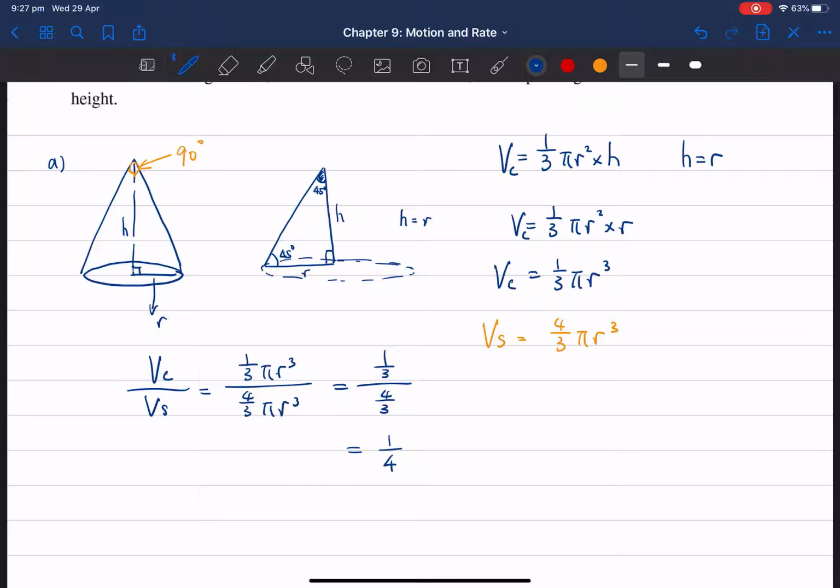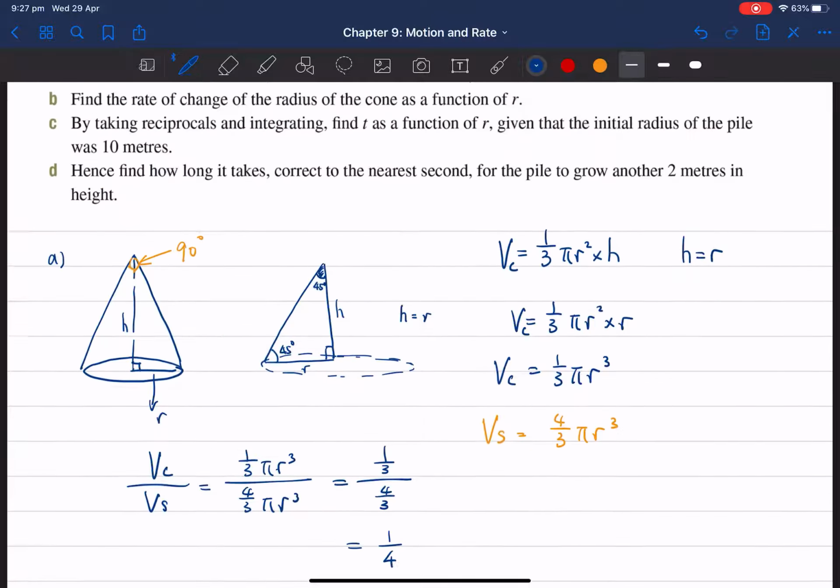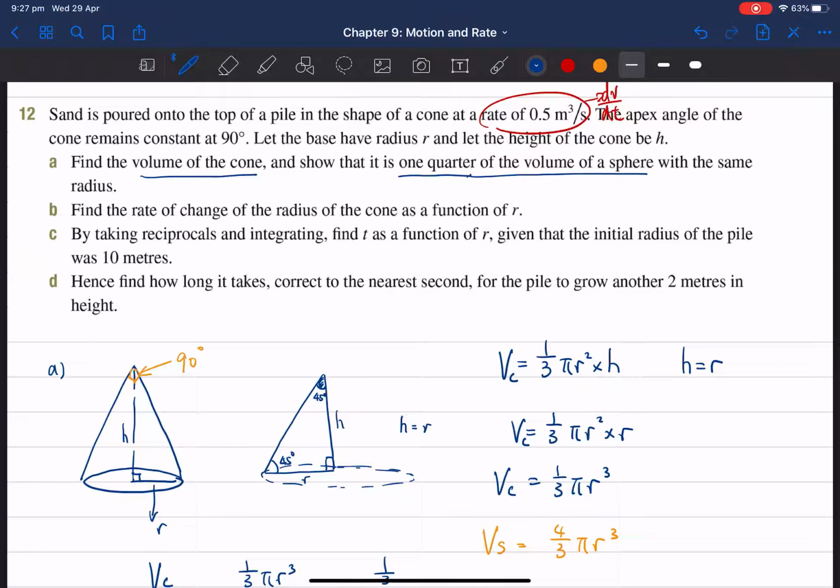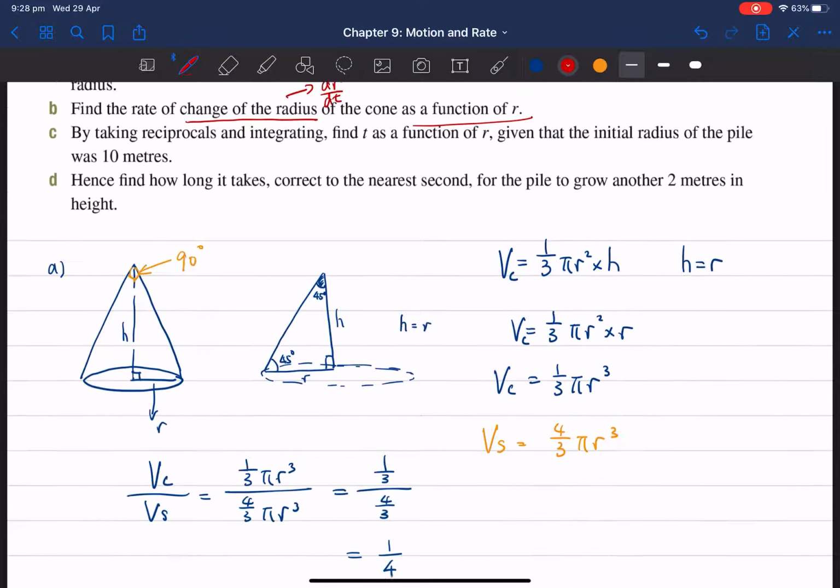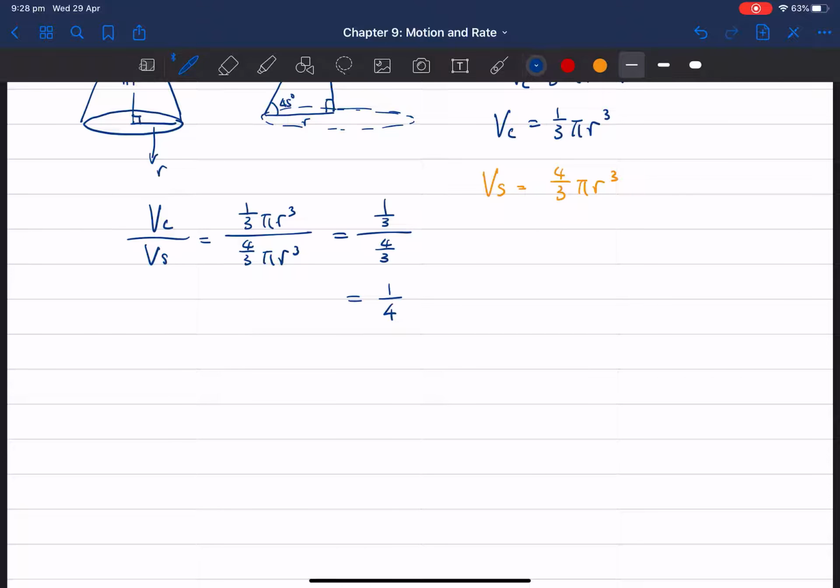Okay, so the first question looks pretty easy. Next one: find the rate of changing radius. So we're going to find dr over dt of the cone as a function of r. It should be quite easy to do as long as we know the formula. So we know that